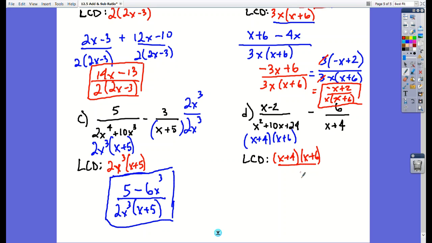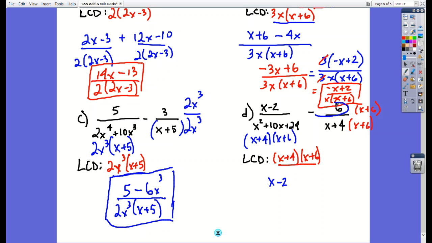common denominator here of an x plus 4 times x plus 6. The left fraction already has a common denominator. That's awesome. Which means the right fraction simply needs an x plus 6 and an x plus 6. Then we'll rewrite this, x minus 2